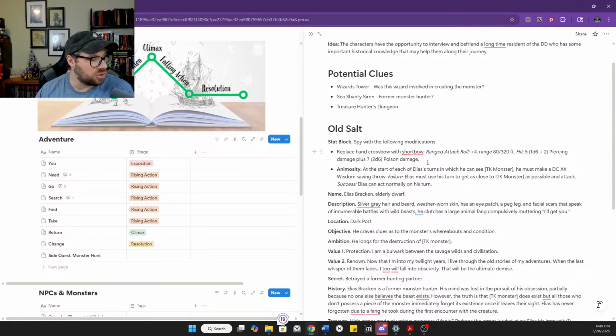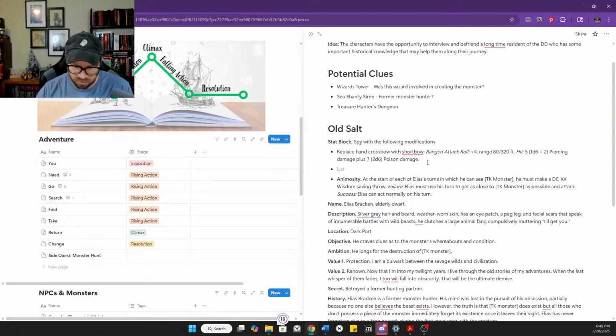And so one of the things we can do perhaps is the spy stat block gets deception, which I don't think makes a whole lot of sense in terms of this particular character here. So we can swap that out with survival.